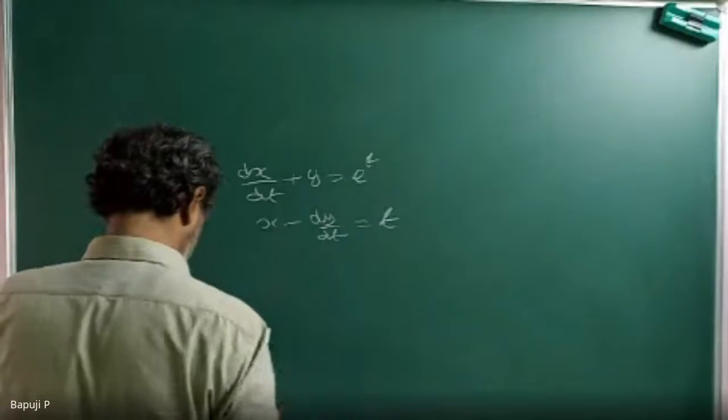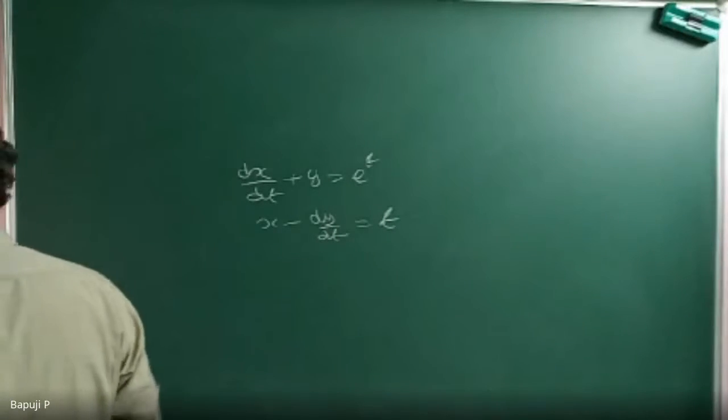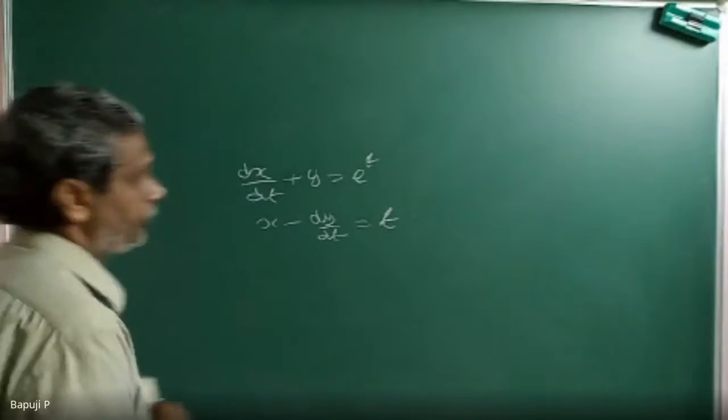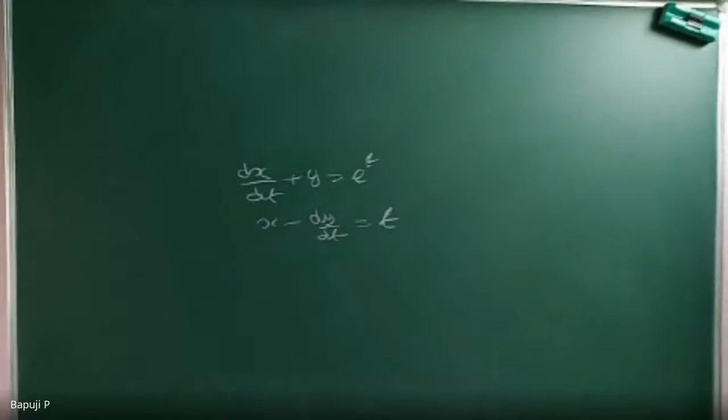Okay. Now from this, what you are understanding actually: x is in terms of t, y also in terms of t. So I want to write the solution for x and y both. So how can I write this? First equation I can write